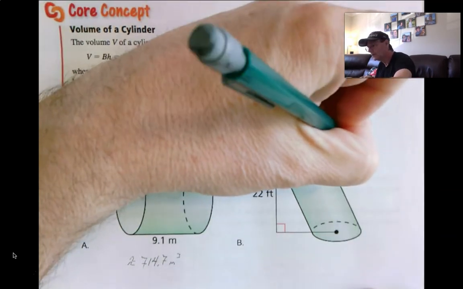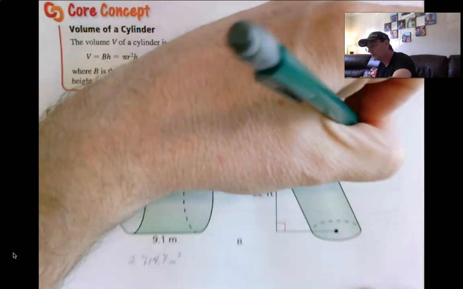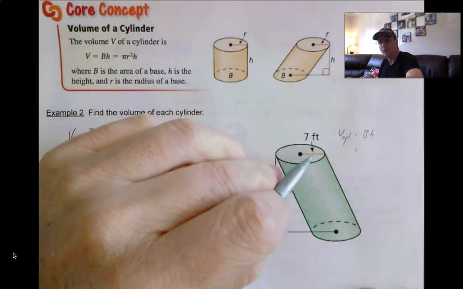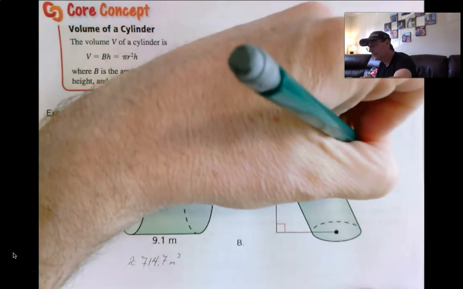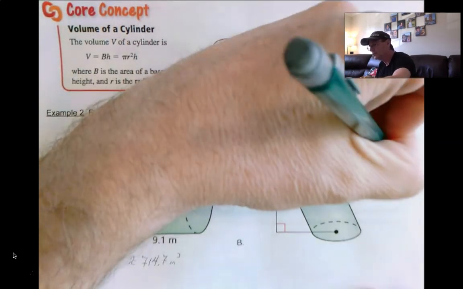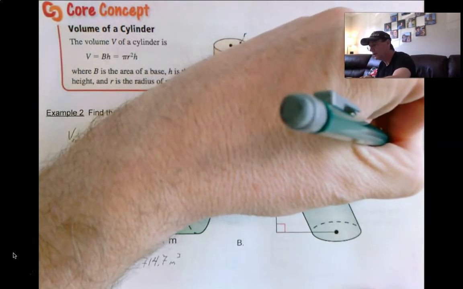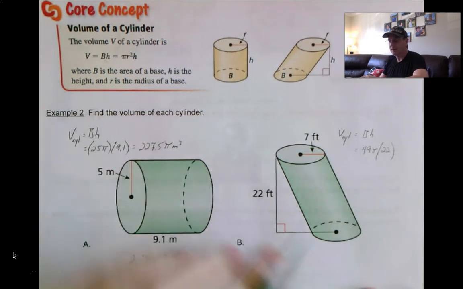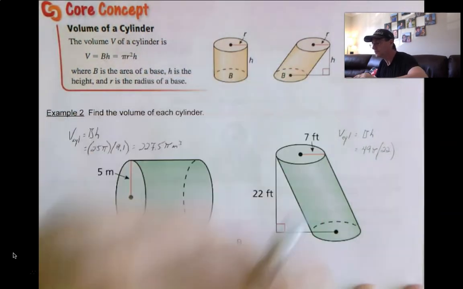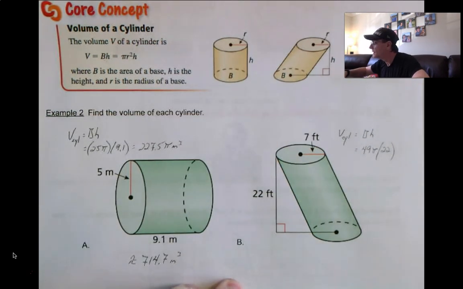Volume of a cylinder equals area of the base times the height. Area of the base is 49 pi, and the height is 22. Even though this is oblique, it's lean, it doesn't matter. It's still going to have the same volume. That's Cavalieri's principle. So 49 times 22